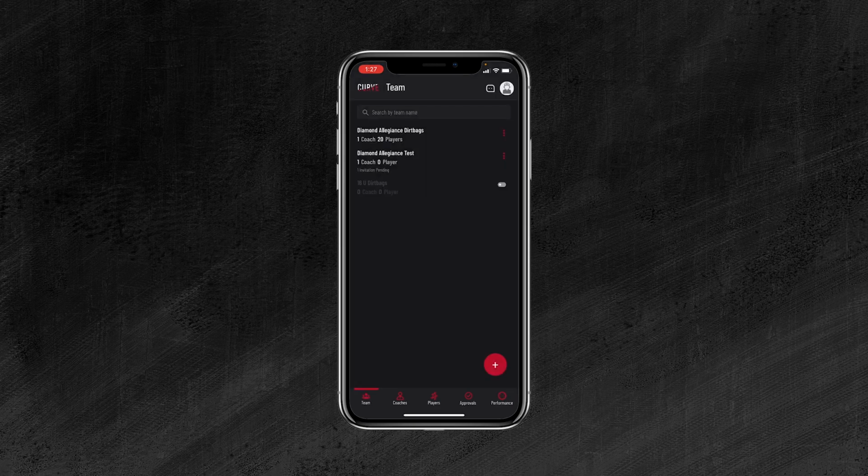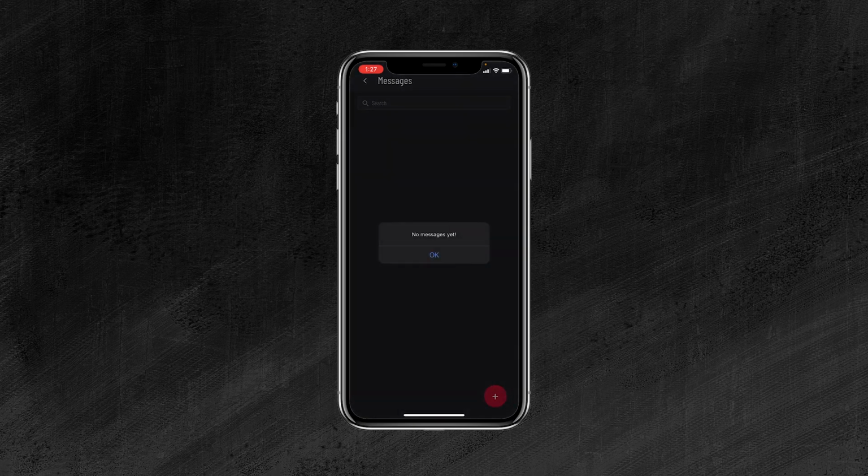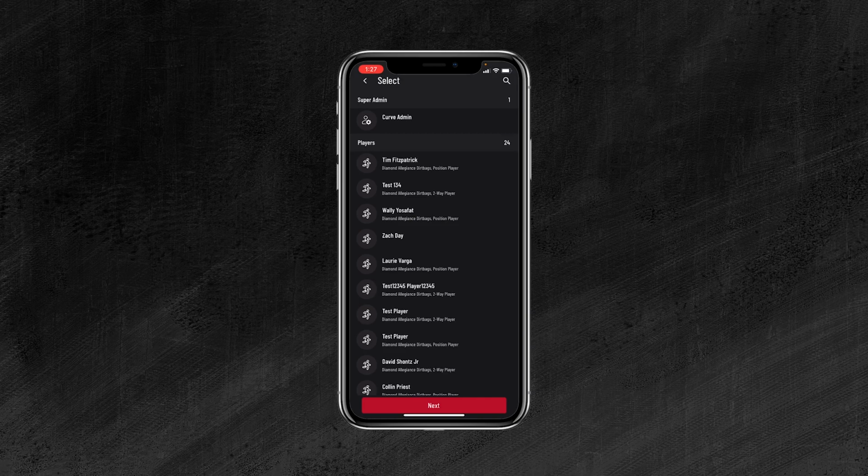One last thing I want to show you here on the main Teams page is a message function. If you click the three bubbles up next to the profile icon and you want to send a message out to people, you can click the plus button. And you can